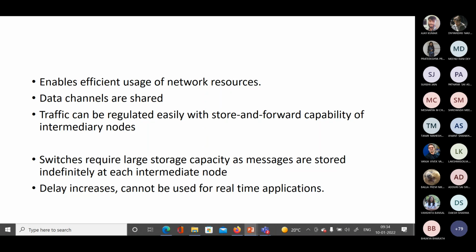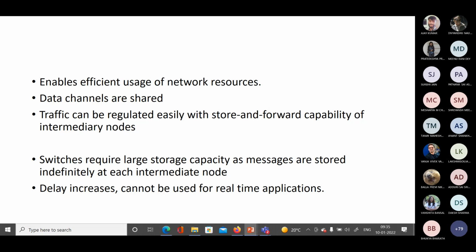So the switch storage capacity might have to be increased. The message has to be stored until it is forwarded further, and of course if it does not get the link, then it has to be stored at the intermediate node for a long time, until the message is actually dropped.